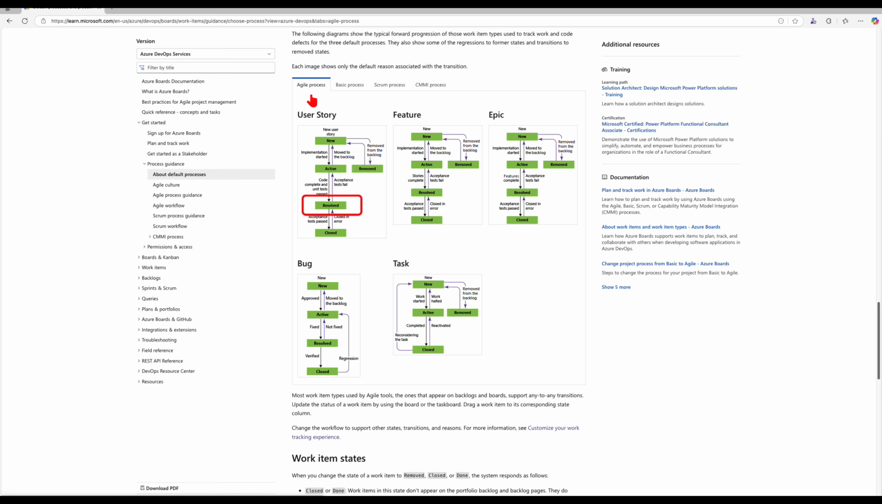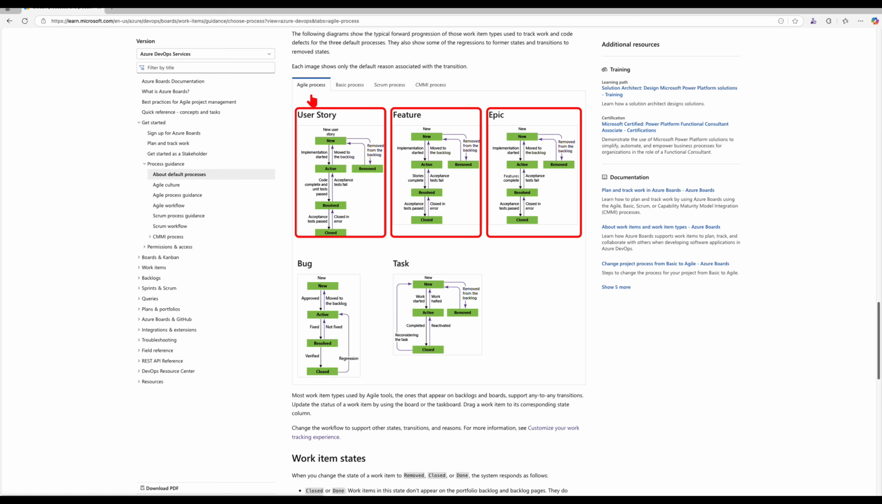The resolve state is where development is complete and the item moves into functional validation or testing, such as user acceptance testing. The closed state means that the work item has passed all required validations and is considered complete. The remove state represents that the work item is no longer required and is taken out of the backlog, typically by a product owner or a stakeholder. These states apply consistently across the epics, features, and user stories, ensuring standardized tracking and reporting across all levels of